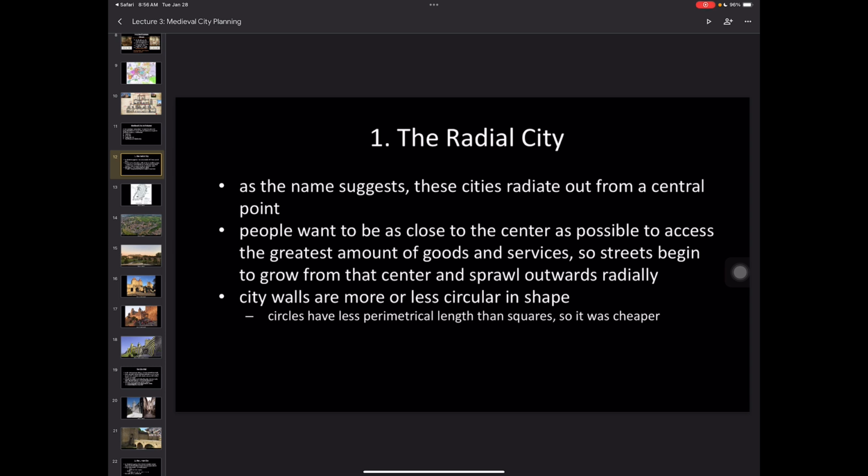It's really the US that has a different structure, more or less, right? So the US does favor suburbia more than the inner city sometimes, but generally in Europe, the center is gonna be the most expensive. And then our city walls are gonna be circular in shape, not only because that's the shape of the city, but because it's cheaper, right? If you were to build square walls, those corners are extra linear feet of materials, so you really wanna reduce it to as little as possible, which is a circle.